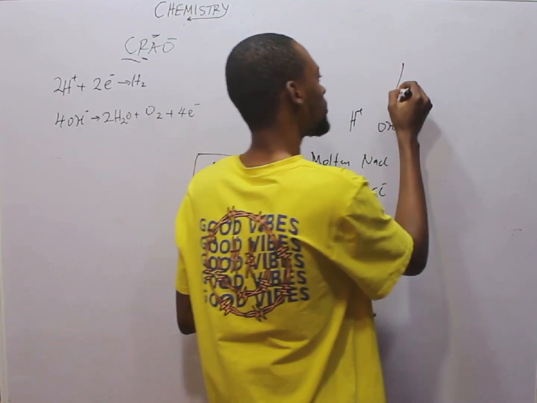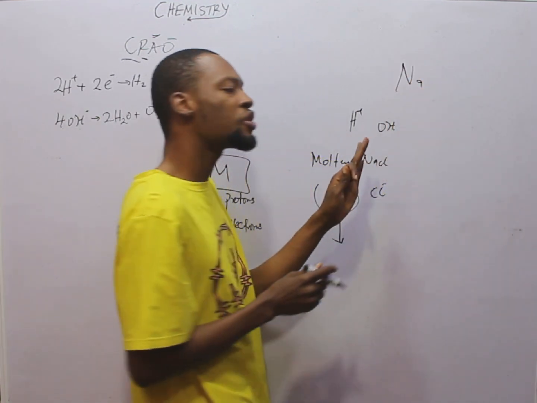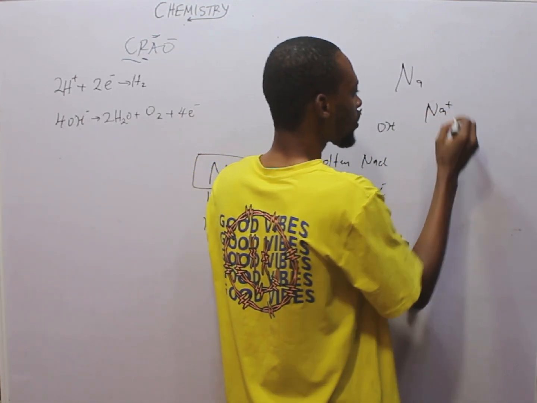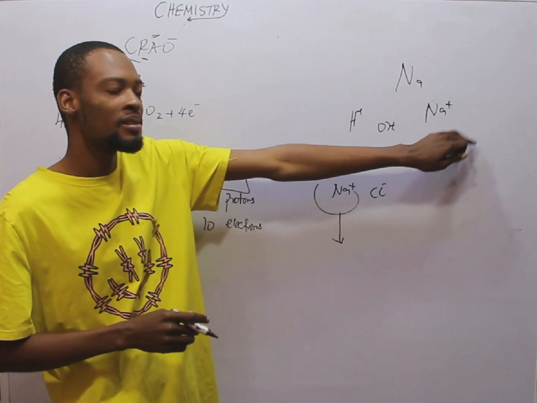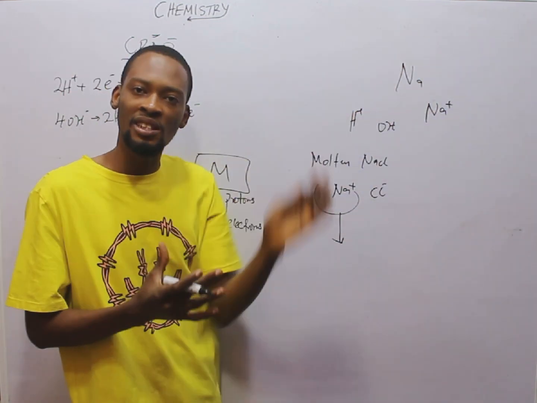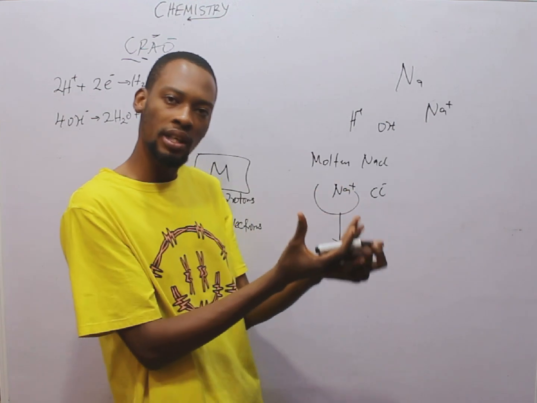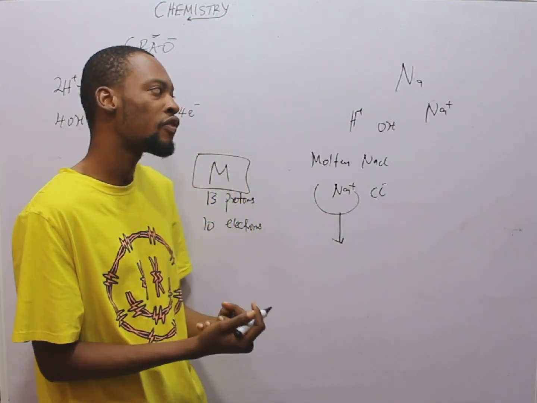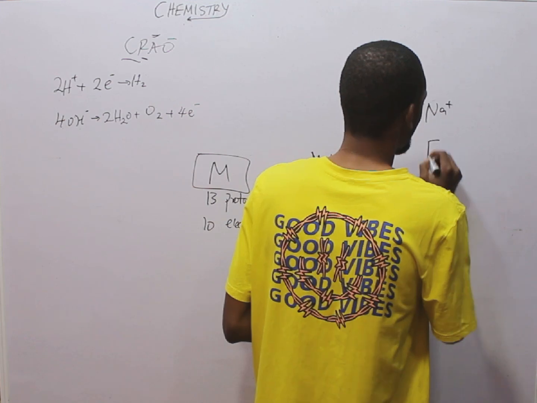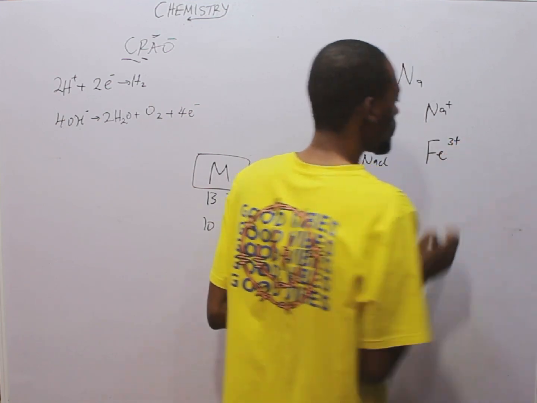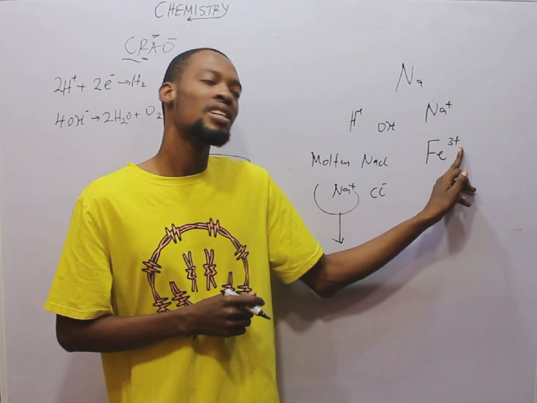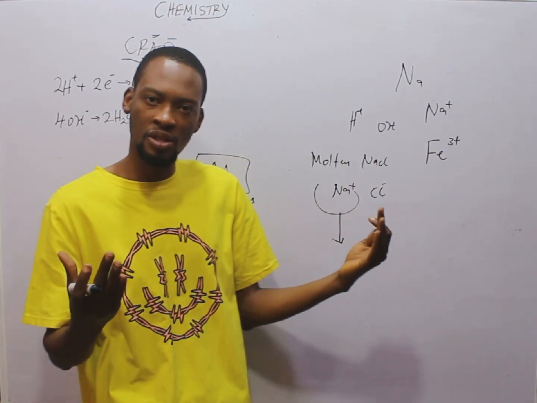If I give you sodium, this is a sodium atom. If I say Na+, this is no longer an atom. This is an ion. Why? It has given out electrons. So once an atom donates electrons or receives electrons, it forms an ion. Now, if I give you Fe3+, this is an ion, right? Now, 3+ simply means it has given out 3 electrons.